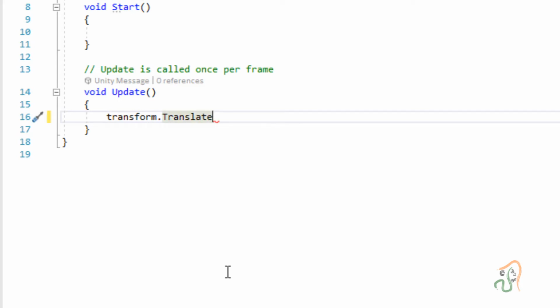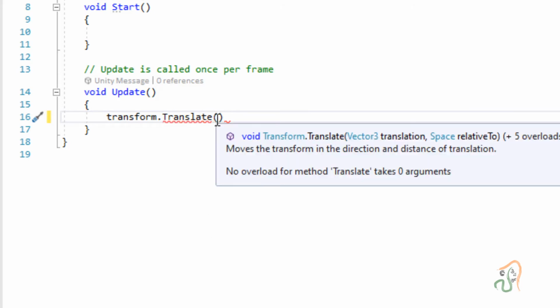Translate means it is going to move a particular object using vector values. For this Translate, we have to give two values. Click open bracket and close bracket, and if you bring the mouse here, you can see that Translate needs two values.